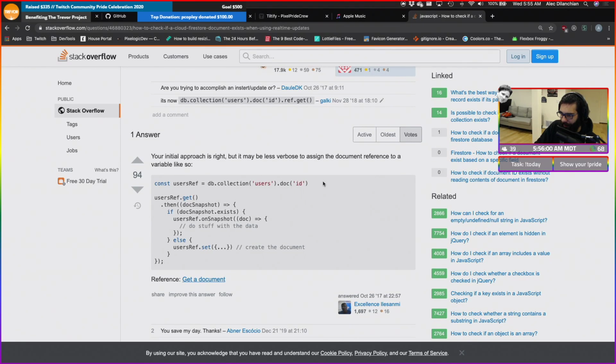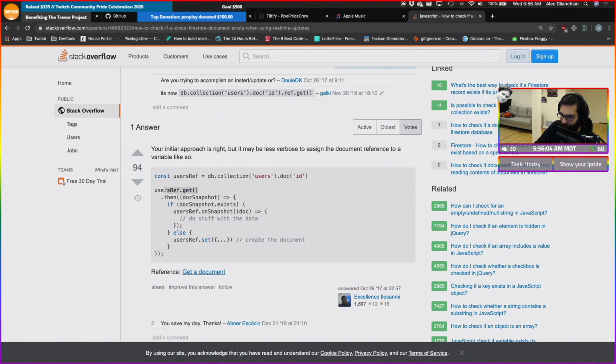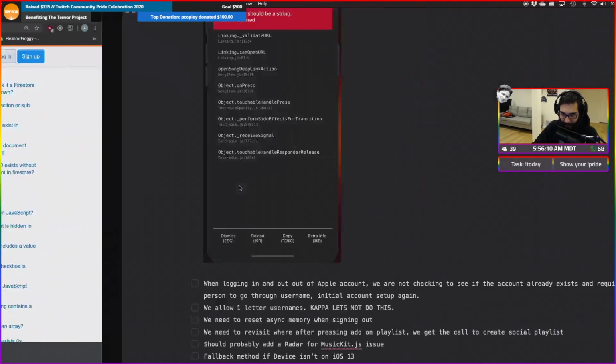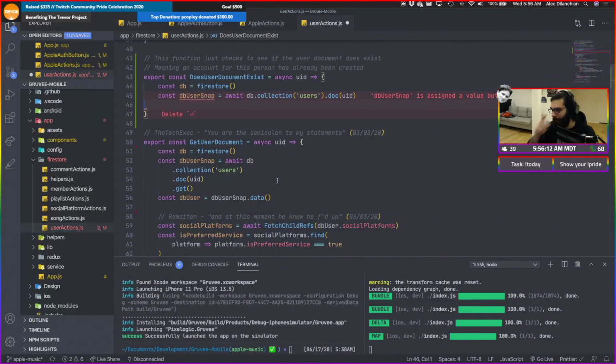So they get the doc, because I'm pretty sure this just creates the actual path, right? And then they do .get, and then if there's a snapshot, then we can go ahead and say this thing exists. Okay. So I think it's something along these lines. Actually, we can do this.